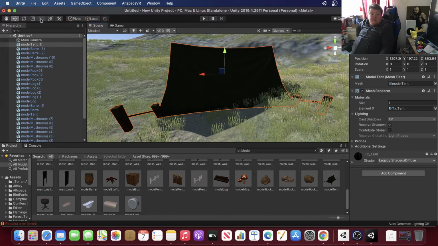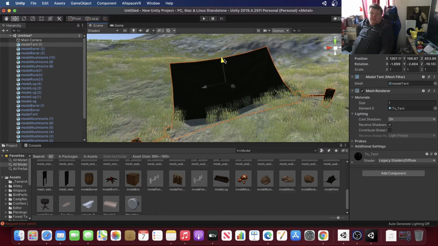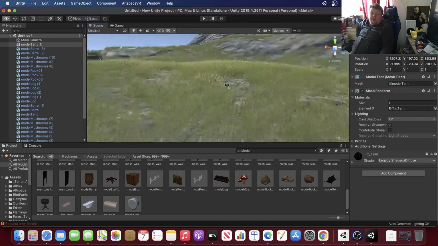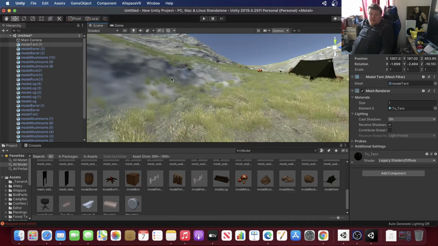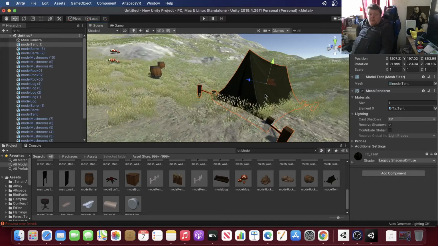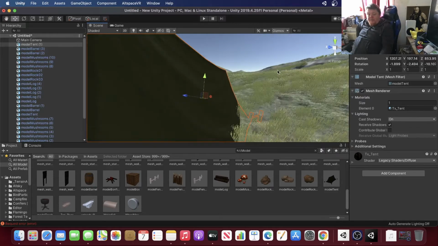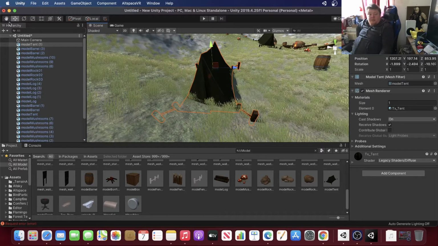Right, and then we can move that into the ground. And what about this side? Yeah, I'll be right, I think. Obviously, it could be a lot better, but actually,